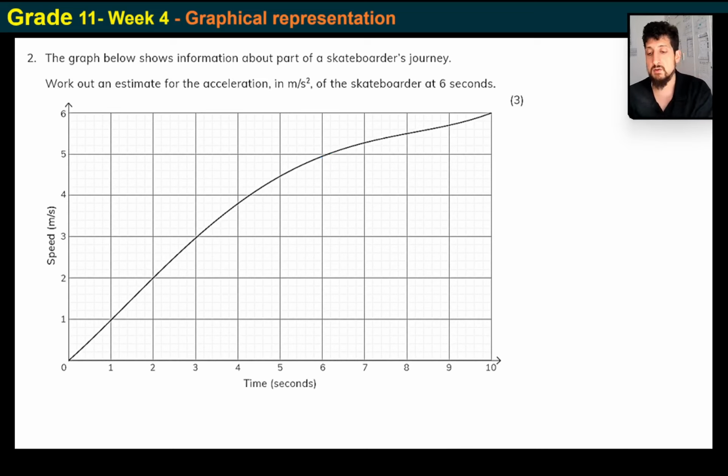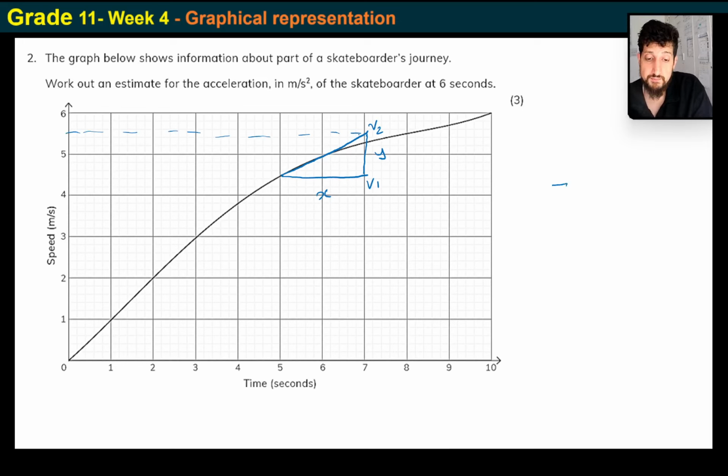Remember, the acceleration is going to equal the tangent or the gradient, the slope, whatever you want. So they're asking me for an approximate value. Anyway, at 6 seconds, that's the best I can come up with. So remember, it's y over x, or rise over run, or v2 minus v1 over t2 minus t1. So my v2 is approximately